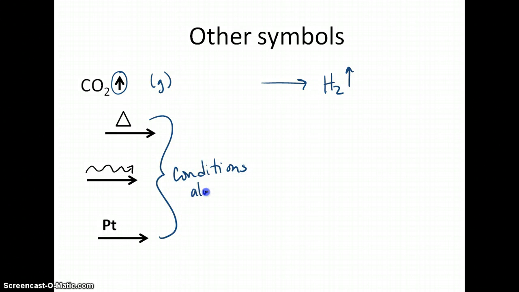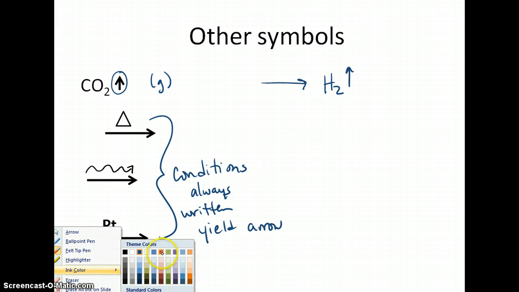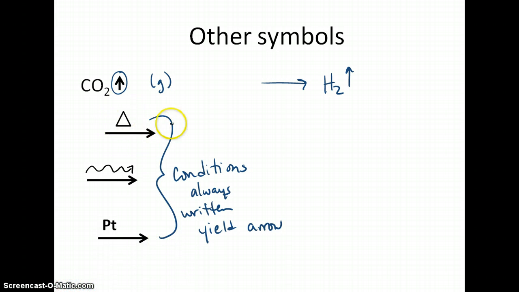And they are always over the yield arrow, the arrow that separates the reactants from the products. Okay, the triangle means heat. Sometimes instead of a triangle, they'll actually put a temperature there, something of that nature, but it's always over the